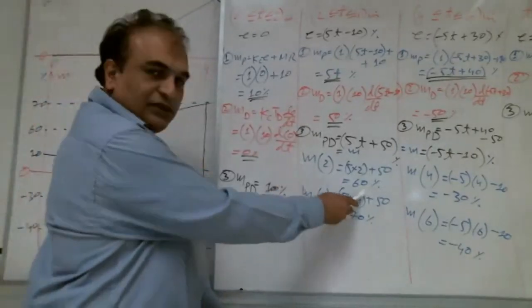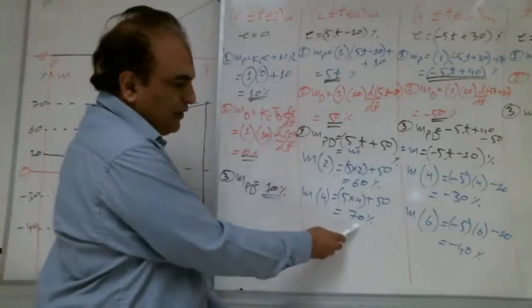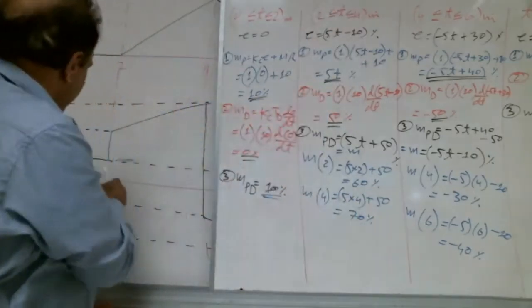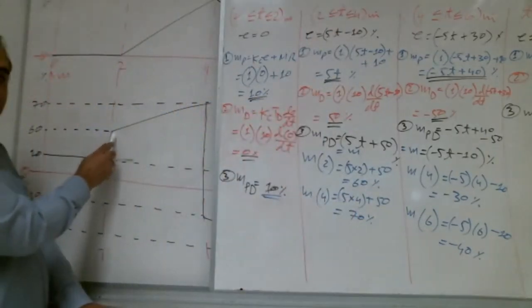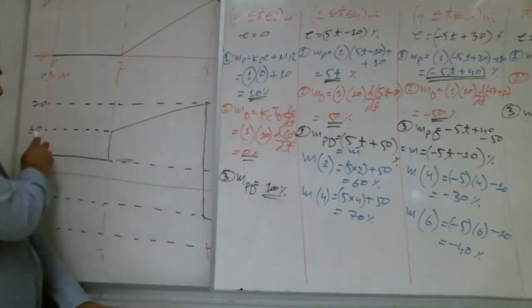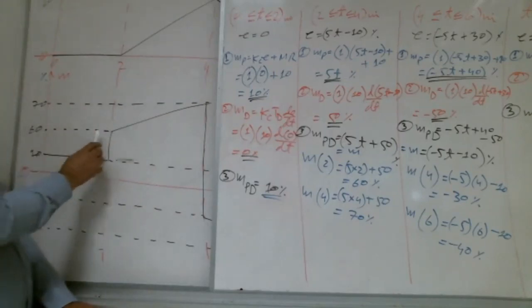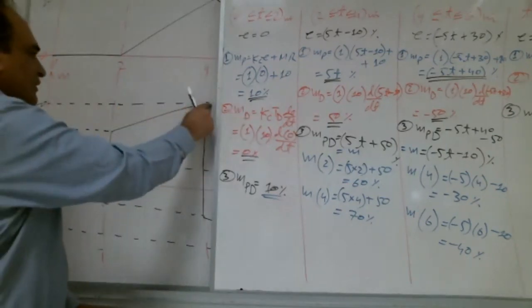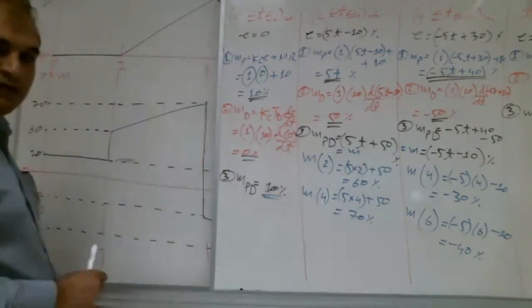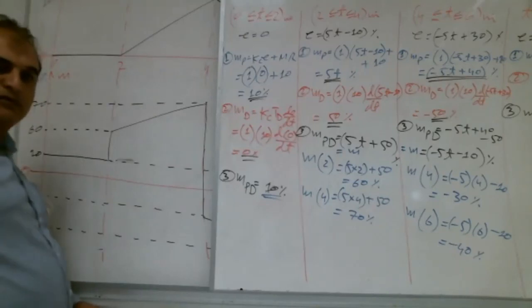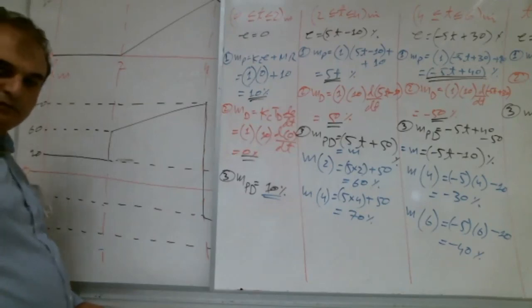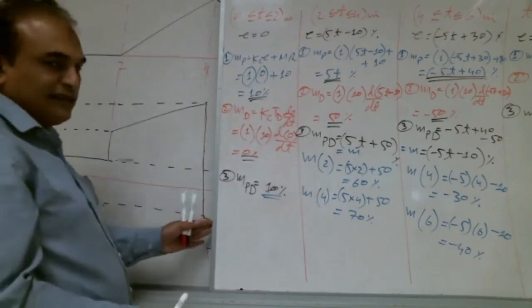Here, the second part. M of 2 is 60%. M of 4 is 70%. See, 2, 4. So from here it rises to 60%. See here, 60%. And then it goes in a sloped line to 70%. Like this, 70%. Right, Shabab? Brothers with me? That's good. Yes, other brothers are writing yes.